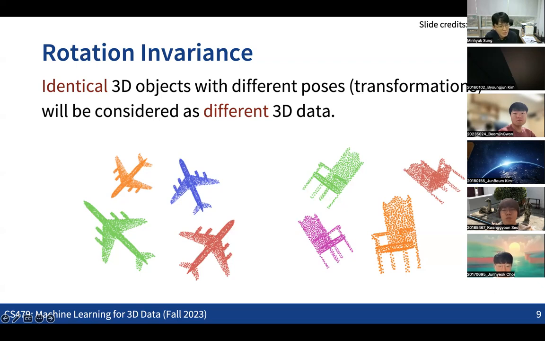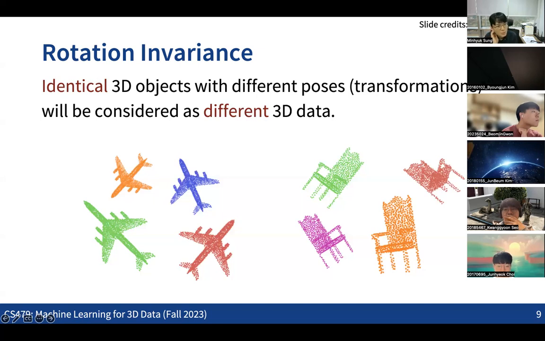So if you look at all these 3D models with point clouds having 1,000 or 2,000 points, with all the 3D coordinates for each point, and we transform them using some kind of rotation matrix, then it becomes a new point cloud with all different numbers. From the neural net perspective, the 3D point cloud becomes a completely different point cloud. So there is no guarantee that you're going to get the same results when you apply any kind of rotation or transformation to the input data.